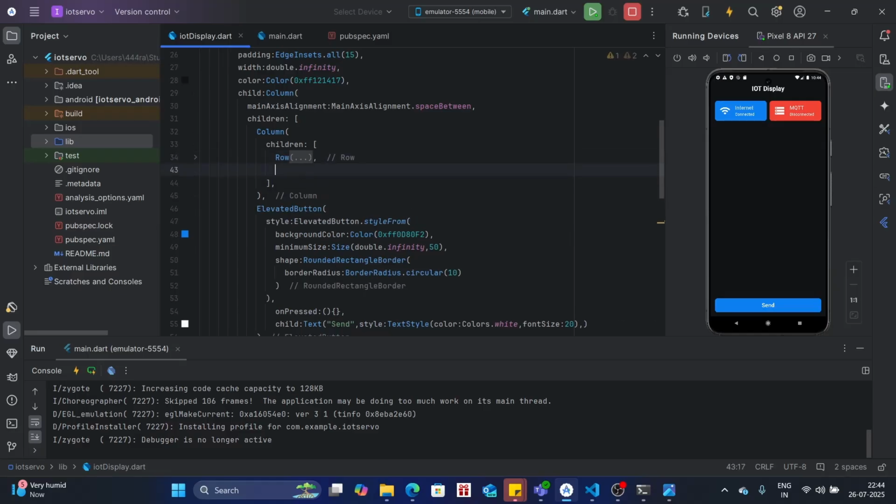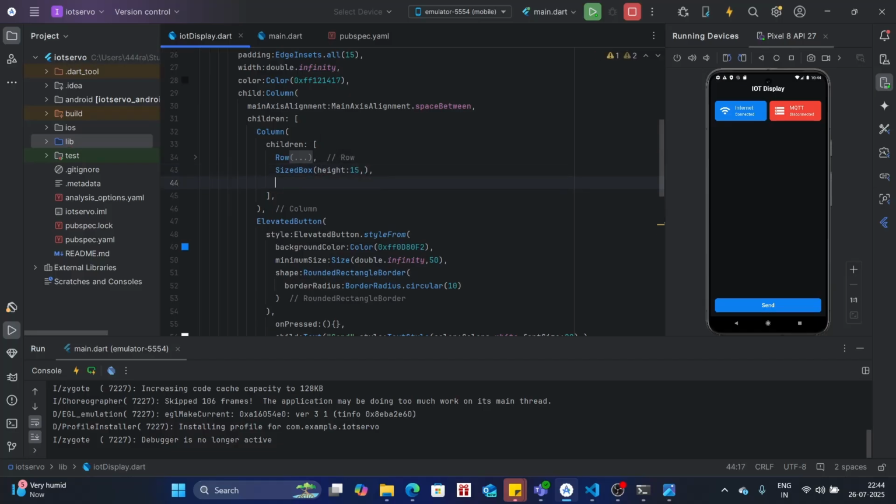Let's give it a small SizedBox so that we could have a margin of height, say 15. And then we have to create a label, right? So for that purpose, Text, I'm gonna call it message,